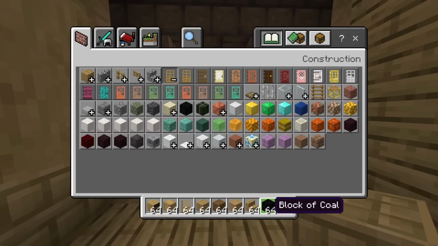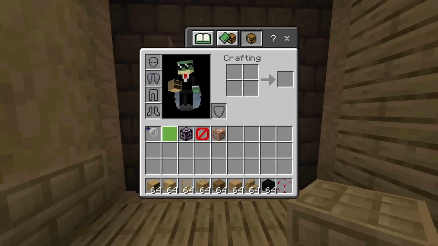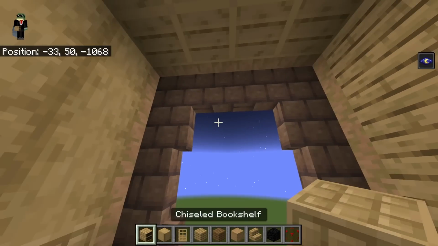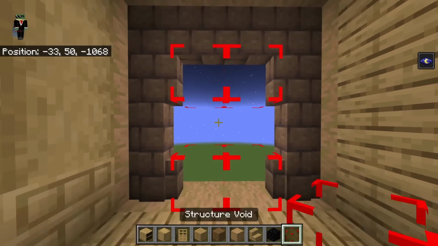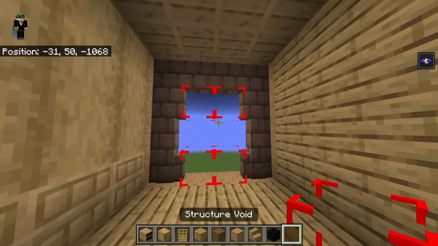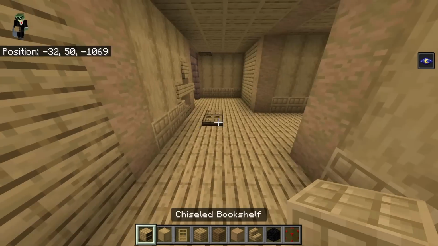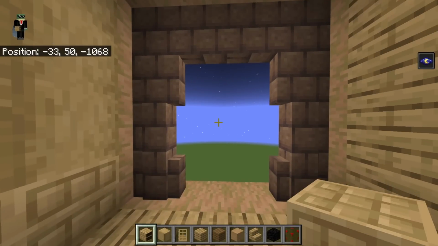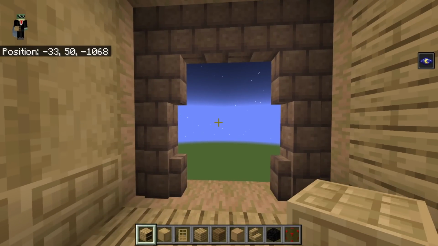And structure voids might make the most sense. Might. We're going to get them out. You should have them already. If not, you can just aimlessly block back in the direction of this doorway, and you should get them. So if you are looking at this doorway, you want to start on the, we're going to say the left side,